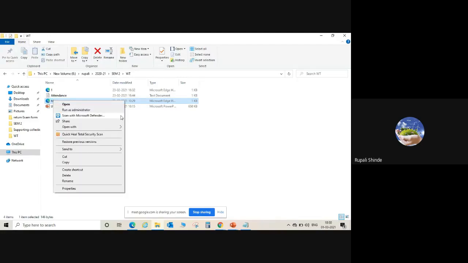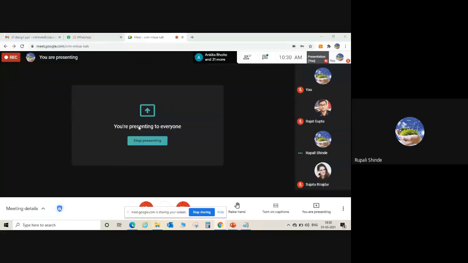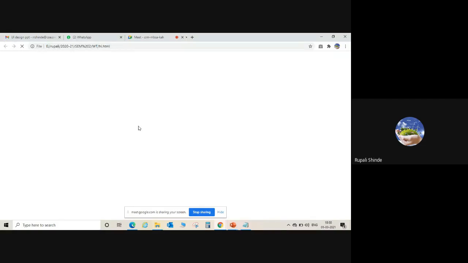You can open it with the help of any browser, whatever browser is available in your system. So we are going to use the same Google Chrome instead of Microsoft Edge. Okay, this hyperlink is available in your HTML page, whenever we have to click, or we are switching from website.